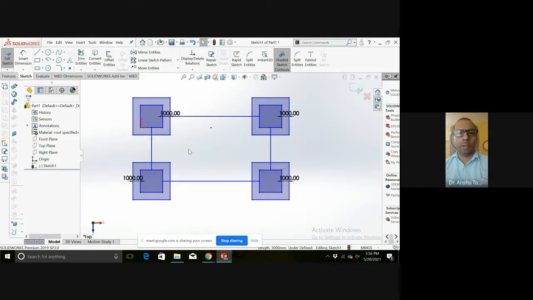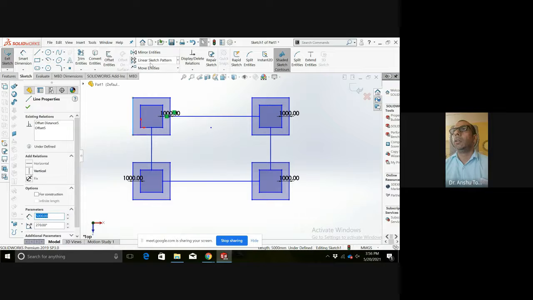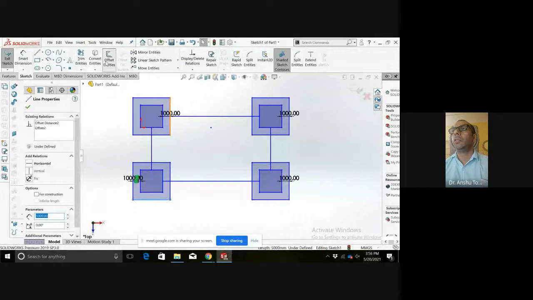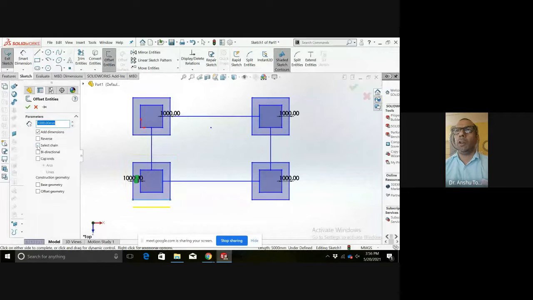Then I further require the outside boundary of the whole panel. So I will not be requiring this. I will just draw the outside of that. I will not select chain. If I select chain, then it will be doing a full offset.